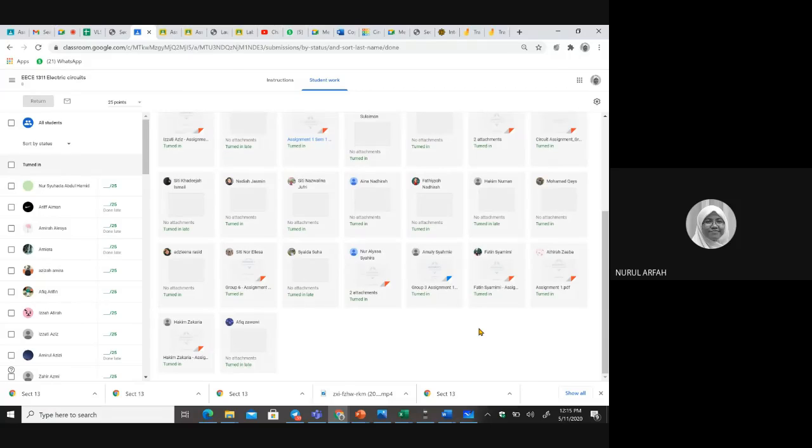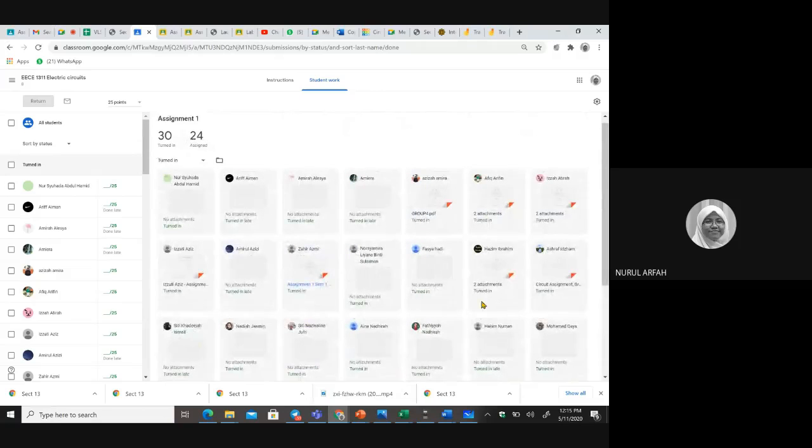Turn in, but do not attach anything, unless you are the group leader. Then you attach like this one, group 6 assignment. Then I hope you do not put like this, because I will deduct marks for additional